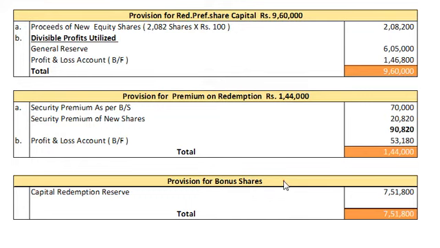And now the provision for bonus shares: the capital redemption reserve account will be utilized for issuing bonus shares to the existing equity shareholders, and the amount will be 7,51,800. It is from here this amount is transferred to capital redemption reserve, and this capital redemption reserve is utilized for bonus purpose. Okay, now after this working we will prepare the necessary balance sheet and notes to the balance sheet.